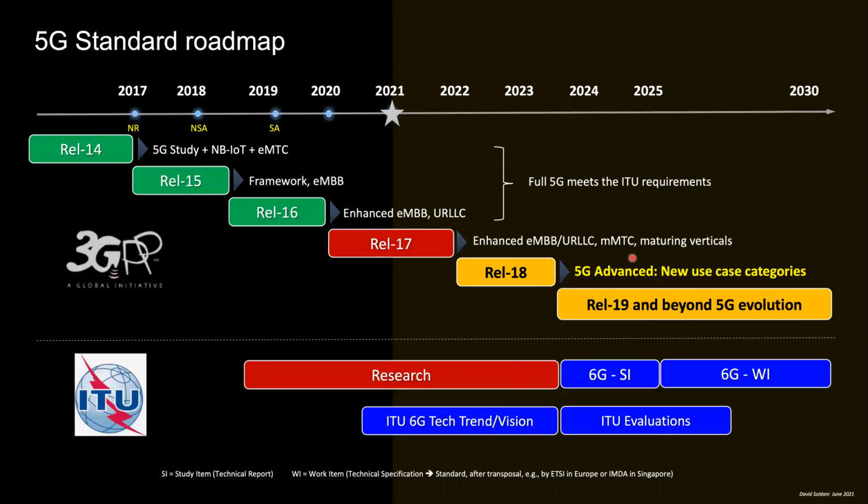Now, looking beyond that and examining the 5G standard roadmap, so what practically will be developed by the 3GPP technical specification groups, and then those specifications will be transposed into standards globally. You can see here that 5G in both its non-standalone and standalone configuration was already completely specified by September,